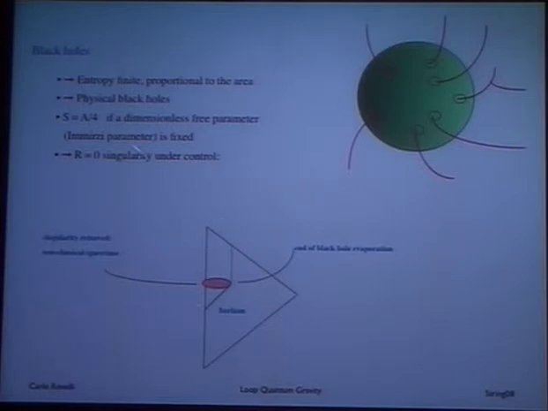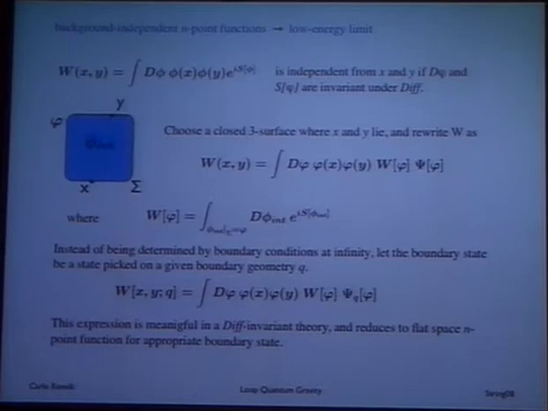What is most interesting in black hole physics, I think, is what happens at r equals 0. There are a number of recent results indicating that also the r equals 0 singularity is resolved exactly the way the cosmological singularity is resolved. There is a region in which space-time is not defined, is quantum, and then the space-time can be continued to the other side. Now, in the last minutes, I want to tell you about these n-point functions and the low energy limit of the theory.